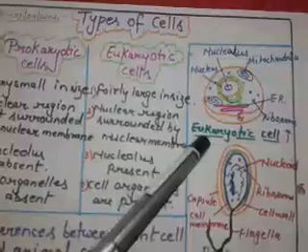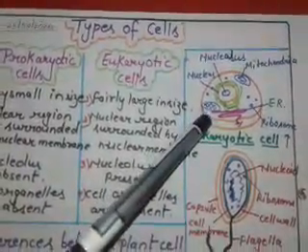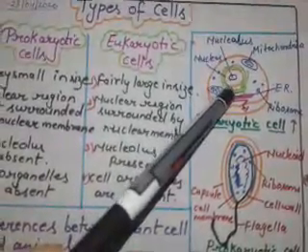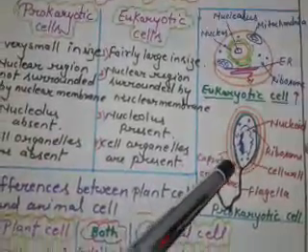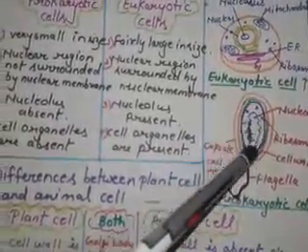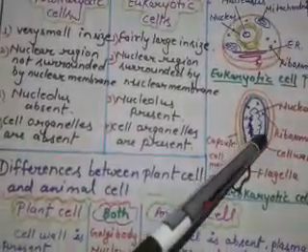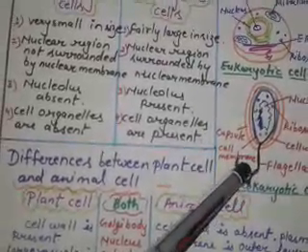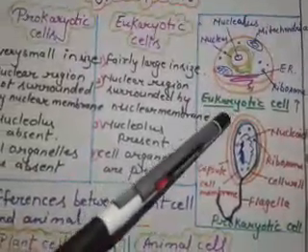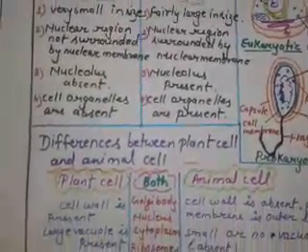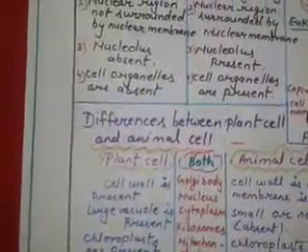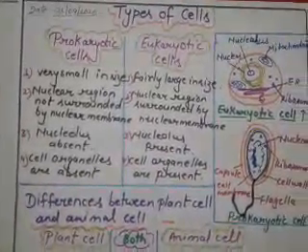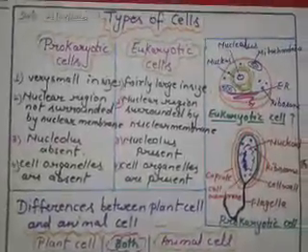In eukaryotes, nucleus is present, and inside the nucleus, DNA material is present. But in case of prokaryotes, genetic material is freely floating. Look at here, students, freely floating. Prokaryotes don't have many organelles as we can see in the eukaryotic cell. So based on that, we can differentiate the cell into prokaryotes and eukaryotes. There are some differences between them. You can learn and write from here.